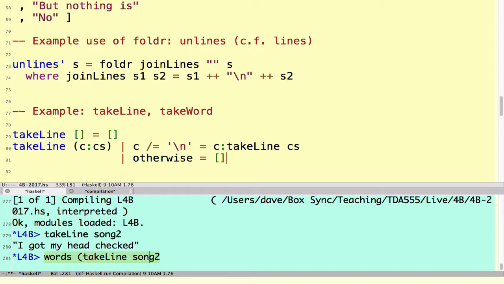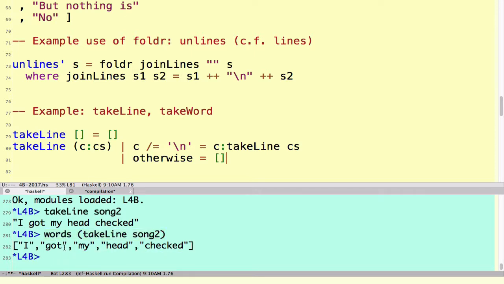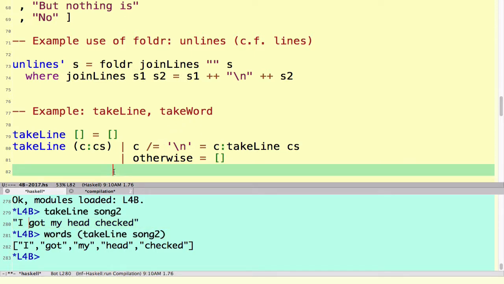I don't know if you remember what the words function does. It takes a string and breaks it down into its individual words. And the way that this works is by grabbing all of the characters until it reaches either the end of the list or a space character. So the takeWord function, if we're going to define something like that, if you want to take a word from a string,